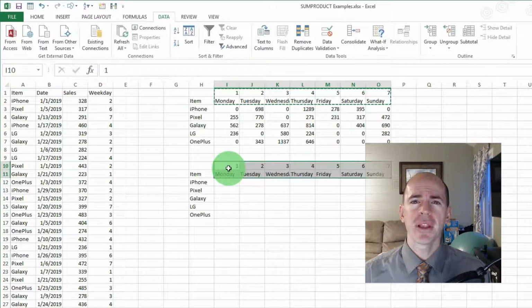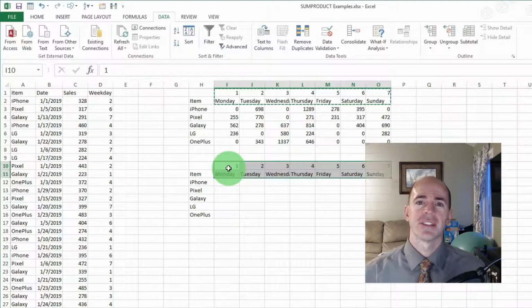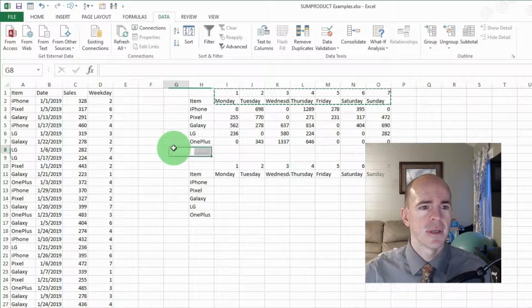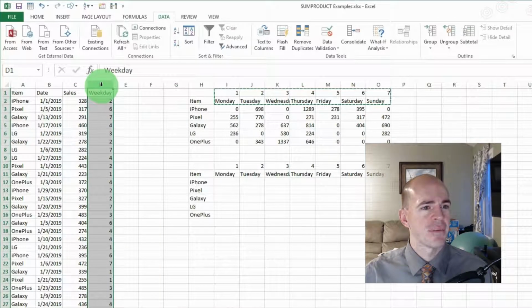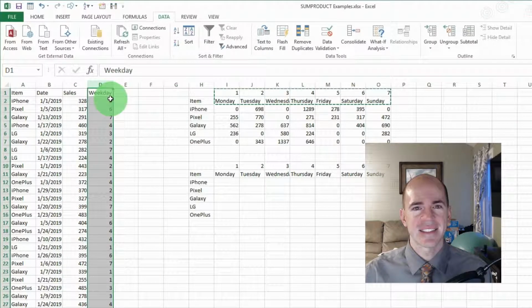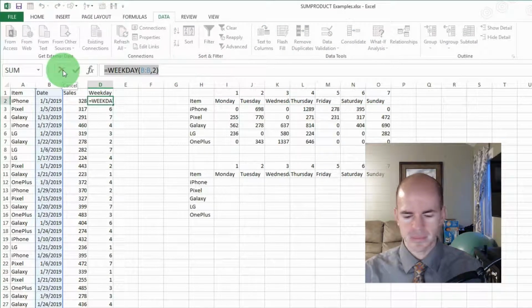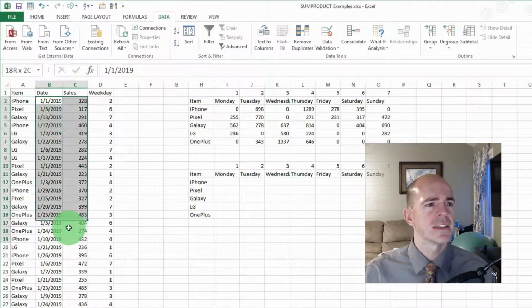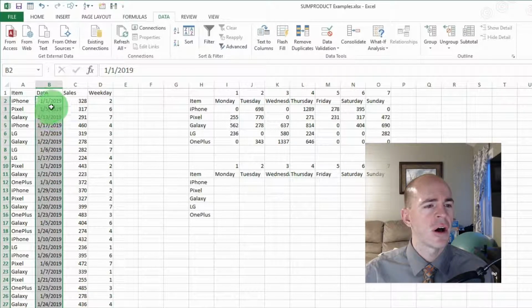So the array formula is convenient in that it's a lot easier to follow, I guess. A lot more people are familiar with the array formula, and that is done with a Ctrl+Shift+Enter. So Ctrl+Shift+Enter makes an array. Array is something that you can do multiple functions on individual cells rather than having to make a column that is that function. So what I mean by that is if you want to do the weekday of all of these cells,